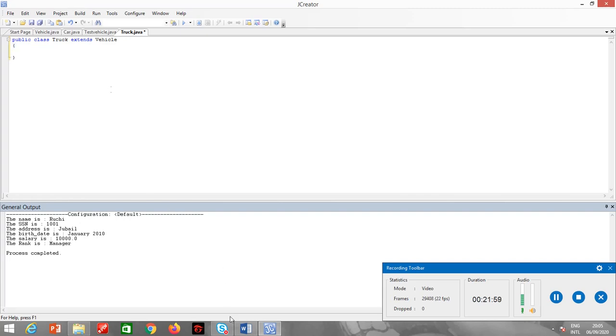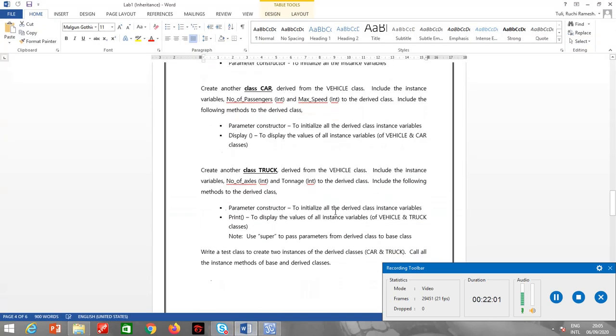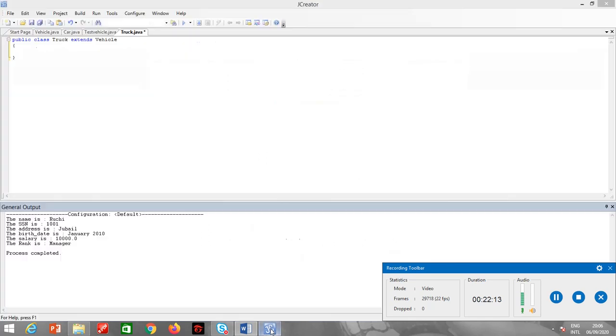Now let's check what we should include in this. It should have a parameterized constructor to initialize all the vehicle variables. First of all, it should have two instance variables, number of axles and tonnage. Both of them are integer type. Int axles and tonnage. Now I must have a parameterized constructor over here, public truck.